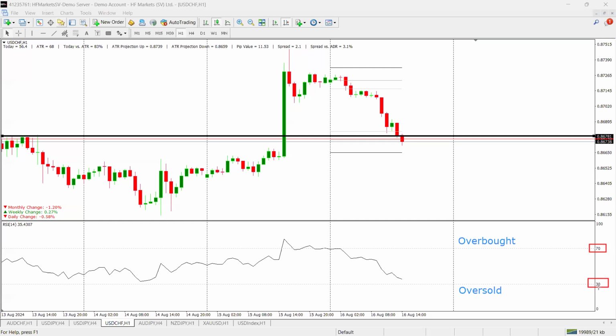So below 20 is an oversold market, and above 70 is an overbought market, which means it looks this way, or the idea being conveyed is this way: prices moving into this territory need to go up, but when it moves into this overbought territory, it also needs to come down. So the idea from RSI is we can look for an opportunity to buy the market when it is oversold,